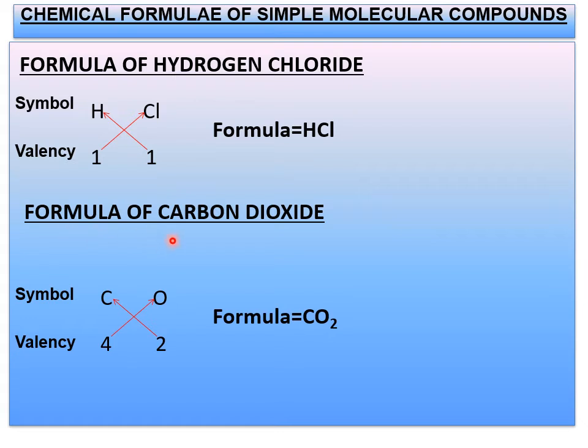When you go with the formula of carbon dioxide, carbon and oxygen are there. So carbon valence is 4 and oxygen valence is 2. Here you can divide because we have a common factor here. That means 2 1s here and 2 2s. Now crisscross. For oxygen you get 2. For carbon you get 1. So the formula will be C1. You need to write 1, already I told. For oxygen 2. So the formula of carbon dioxide is CO2.